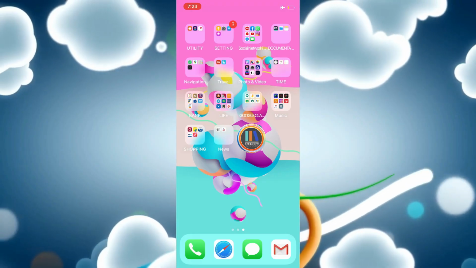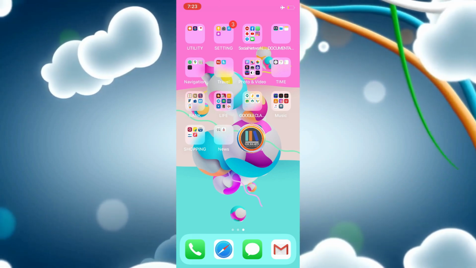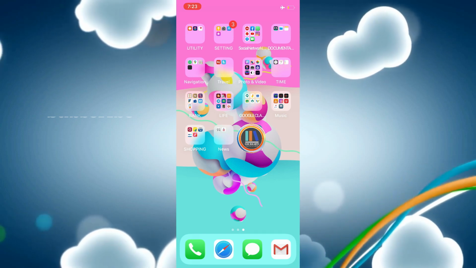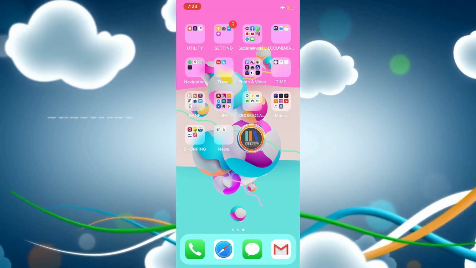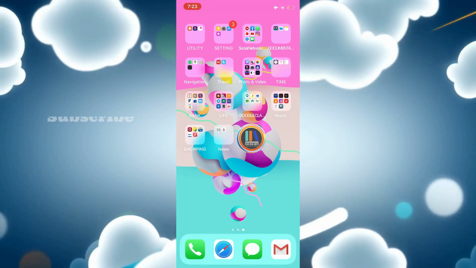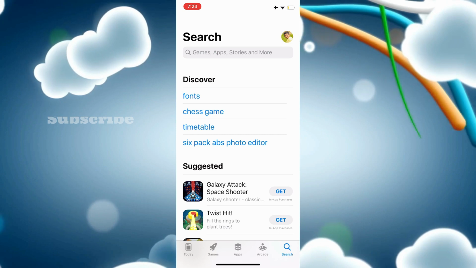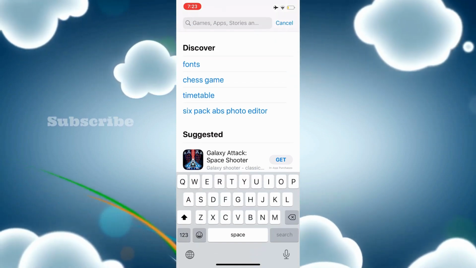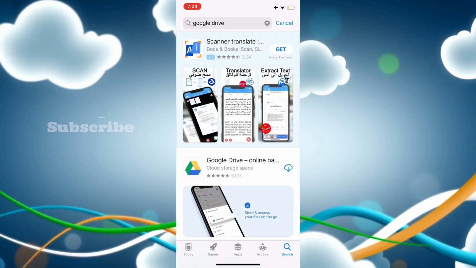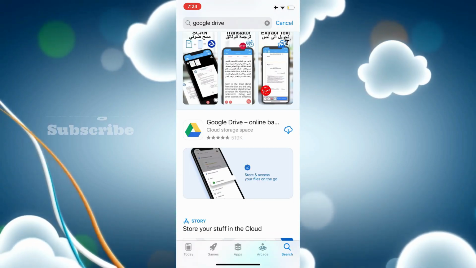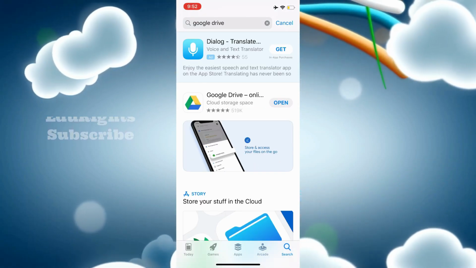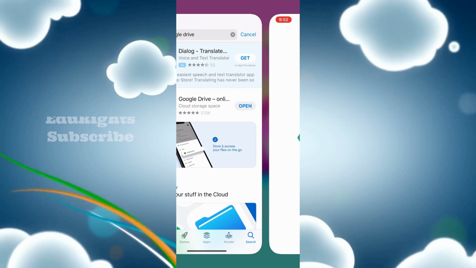Today I am going to tell you how a teacher can upload videos and photos from the Google Drive to Google Classroom. For that, first and foremost, you have to click on the Play Store button. Then in the search box, you just have to type Google Drive. It will be opened in front of you. Just download Google Drive to your mobile. In this manner, we have downloaded Google Drive, and just click on open.